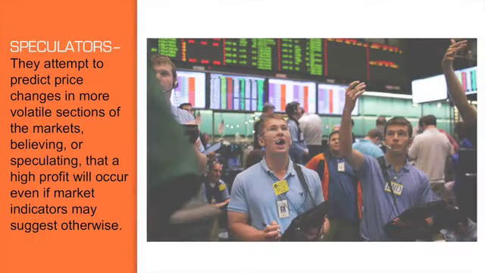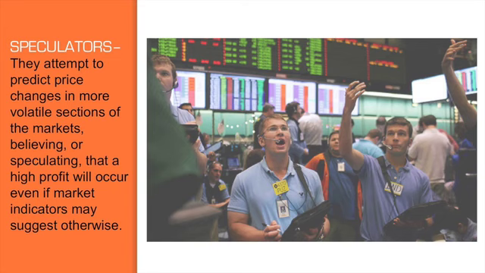Some of the most famous speculators that you may have heard of is George Soros. He went short on the pound, earning him his first $1 billion in less than 1 month. By the way, when I say went short, I'm saying he sold off his part in the pound. Okay. And then you might know of somebody else named Nick Leeson, who was a trader with the Barings Bank in England. As a result of his incorrect speculations for the yen, he lost over $1 billion, which resulted in the collapse of the company.